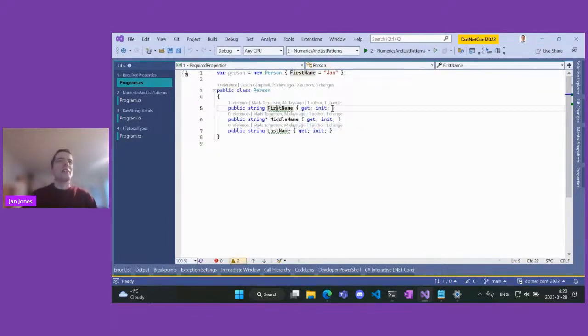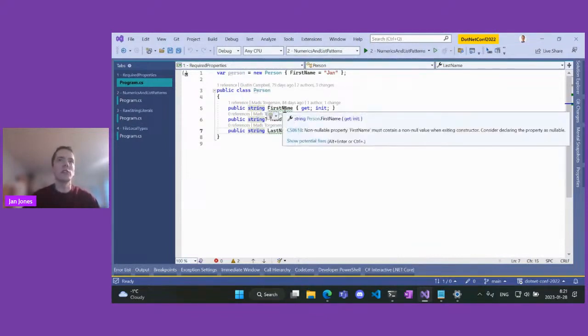And as a good C# developer, I have nullability enabled, so I can annotate this string to be nullable. So middle name is not required, but these two properties should never be null. And we can see that the compiler gives me a warning that the first name might contain a null value.